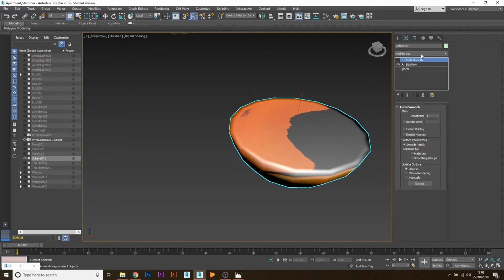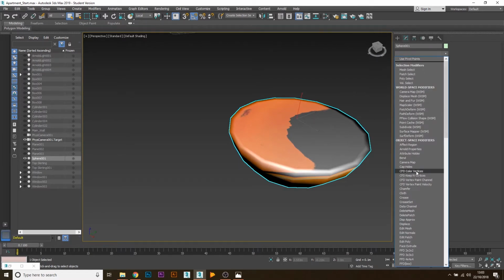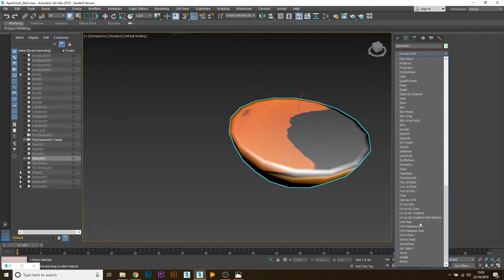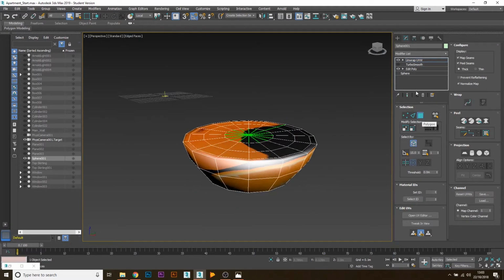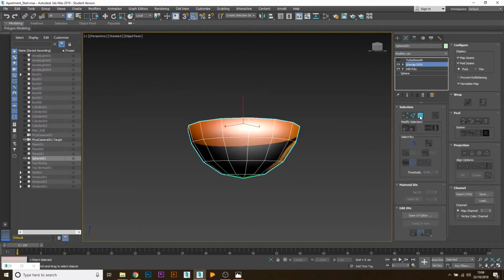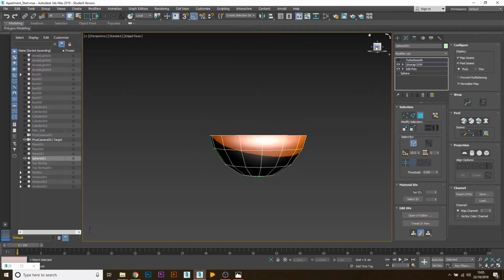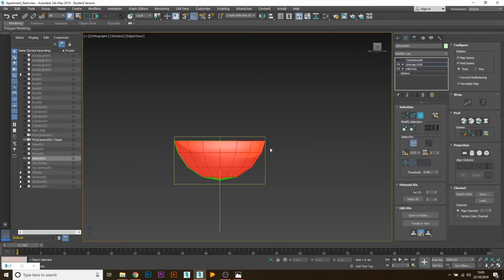Well, turn the Turbo Smooth off, go into the modifiers, bring in our Unwrap UVW again, and let's work from here. So I'm going to press F4, make sure I can see my polygons. Also make sure you drag it before that Turbo Smooth modifier, and then select your polygon here. Click on the left and press U up here, just so that when we select, we're only going to select